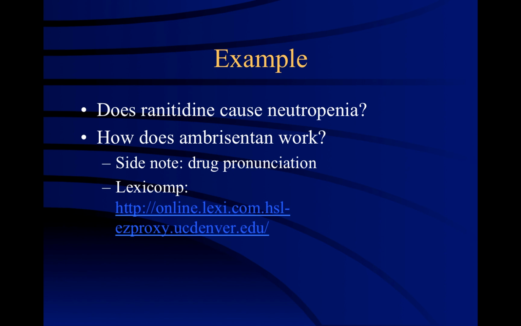A physician would ask again for the mechanism, and you would not want to say to a patient that ambrisentan is a selective endothelin-1 type A receptor antagonist and vasodilator. It is an orphan drug approved to treat patients with pulmonary arterial hypertension. Instead,